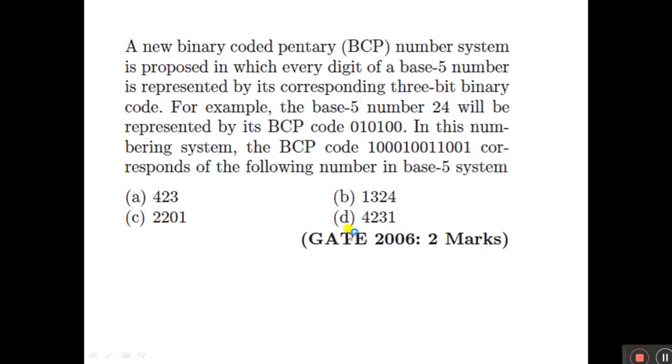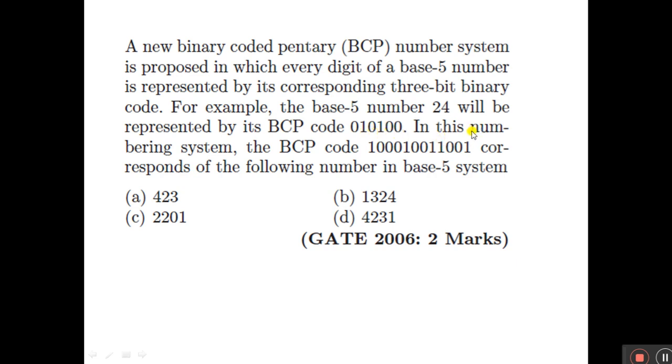Next one. This question asked in GATE 2006. A new binary coded Pantary number system is proposed in which every digit of base 5 number is represented by its corresponding 3-bit binary code. For example, the base 5 number 24 will be represented by its binary coded Pantary code 010100.